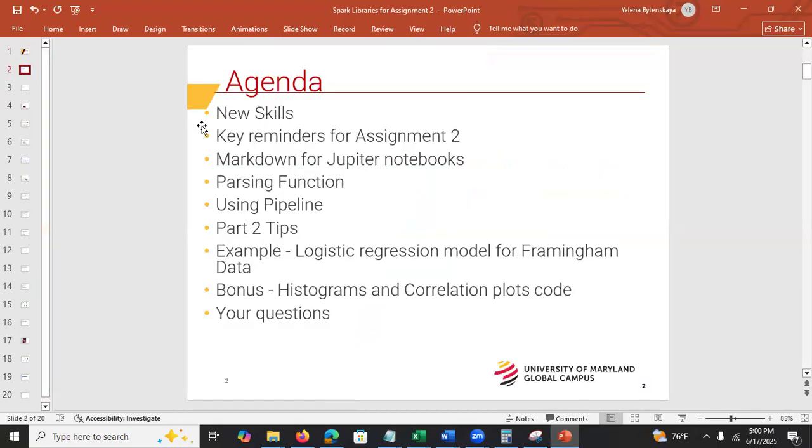So here is the agenda: a quick overview of your new skills, and some reminders for your assignment too. We're gonna look at the markdown for Jupyter notebooks. We're gonna look at the parser function, the area in the assignment where most of the students make mistakes. We're going to look at using the pipelines in general, part two assignment tips, and I'm going to give you